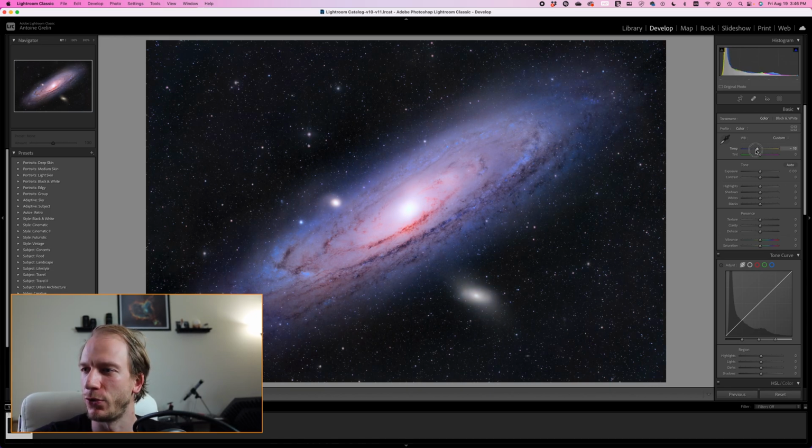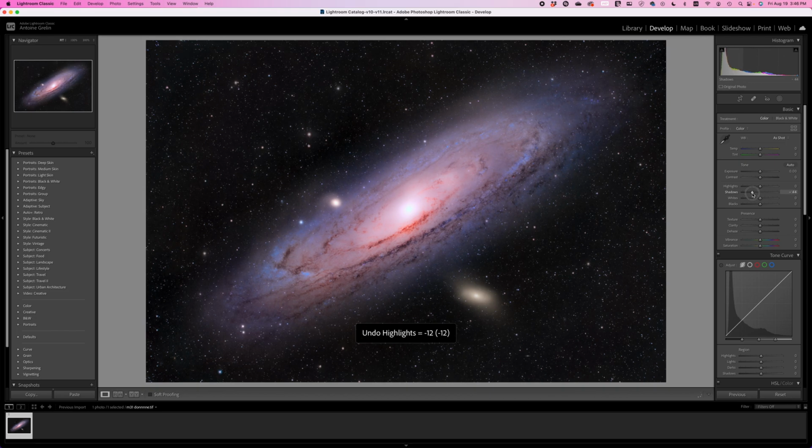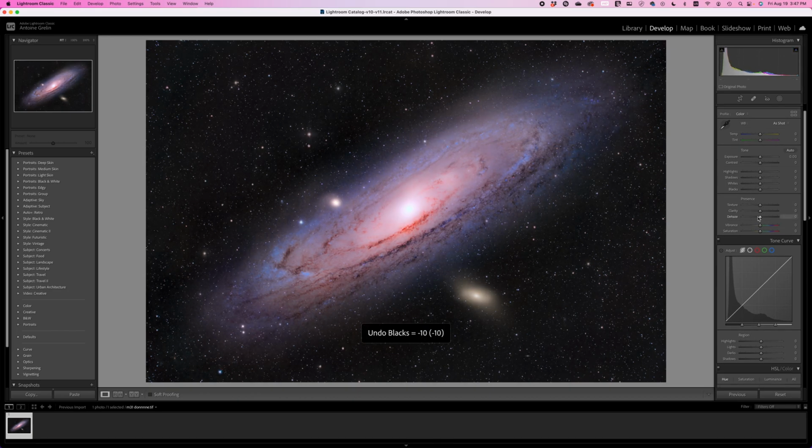So here I'm just going to try to play with some sliders and see what happens if I change some of the colors. Of course, you are welcome to play with every slider to see if there is any way you can enhance the image even more, and hopefully you will export a wonderful picture. So here I'm just going to go down, or maybe bring up the vibrance a bit, same for saturation,